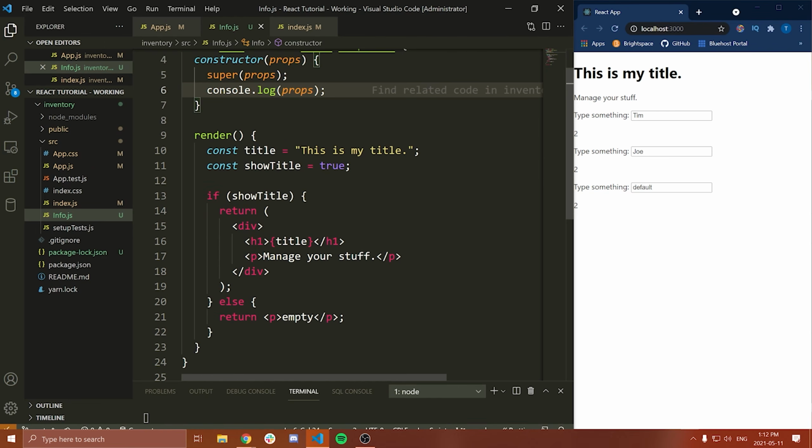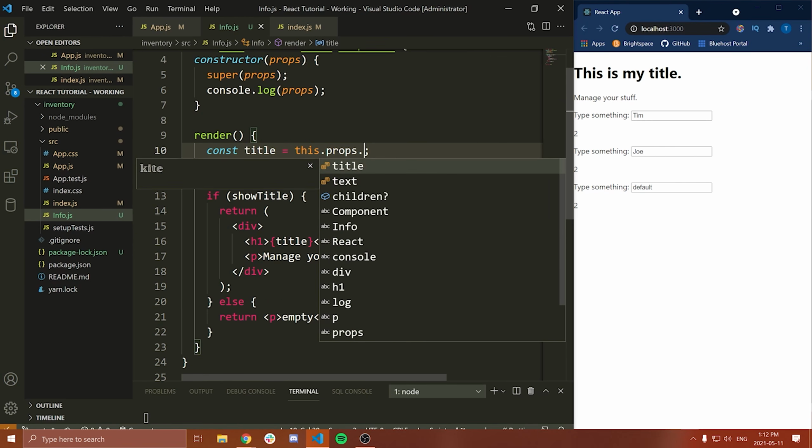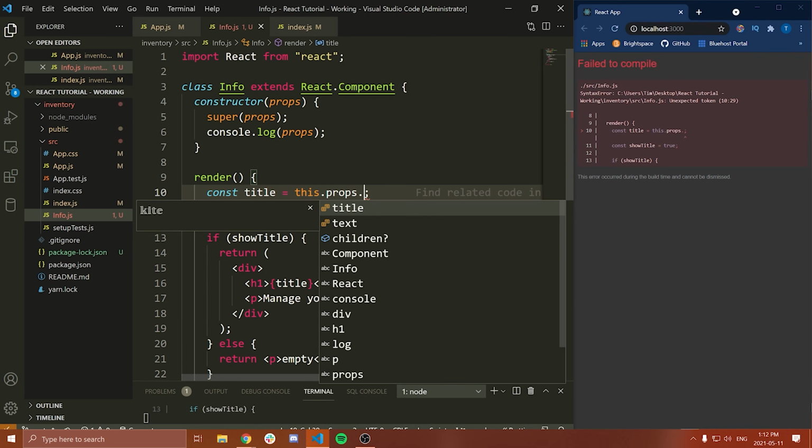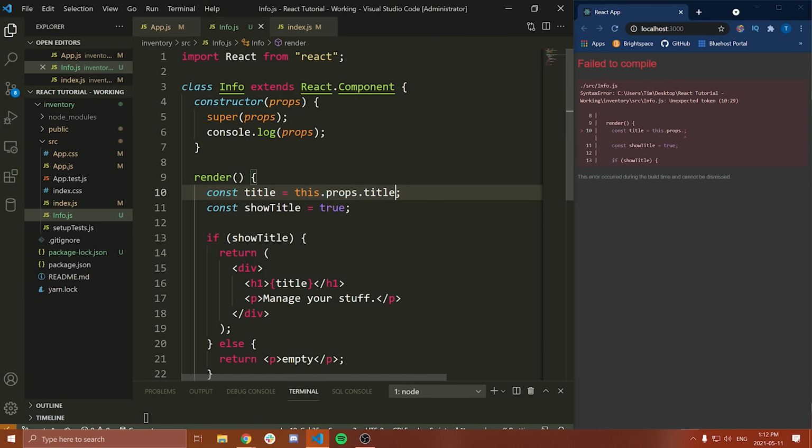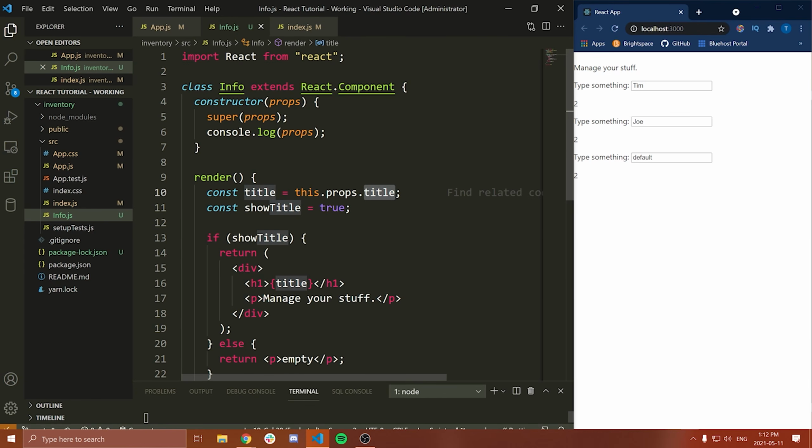Or if we wanted to access our props and maybe render them on the screen or something, we could do something like this.props, and then whatever the name is. In this case, let's actually just take a title prop, and I will write a title prop in 1 second. So whenever you are not inside of the constructor and you want to access the props, you need to use the this keyword. Now, these work the exact same as they do in the functional components. They are read-only. You cannot modify them.